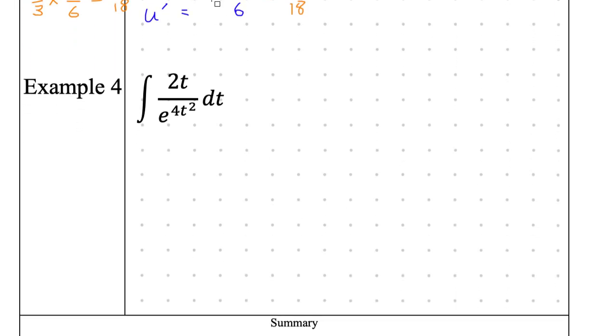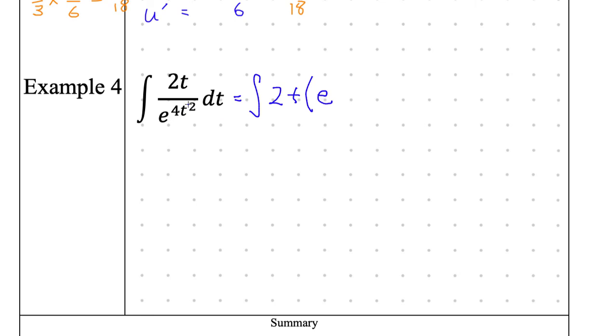All right, we're doing example 4 together. Let's go ahead and rewrite this form before we take, we're not going to do taxman, we're going to use substitution. So how is this going to work? I'm going to rewrite it as the integral of 2t times the quantity of e to the, okay, so how